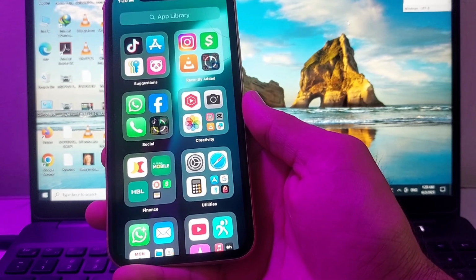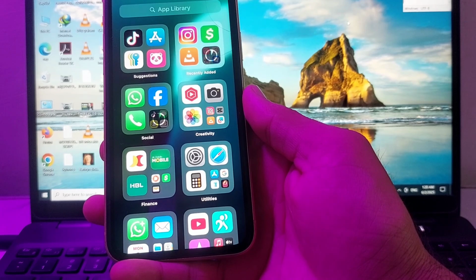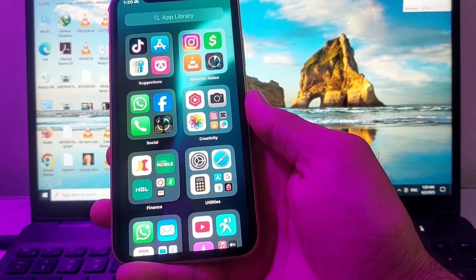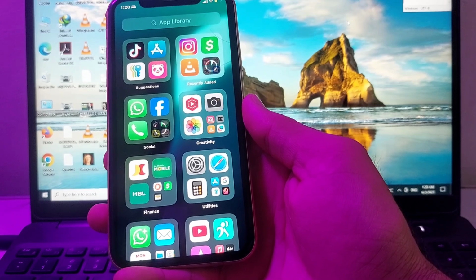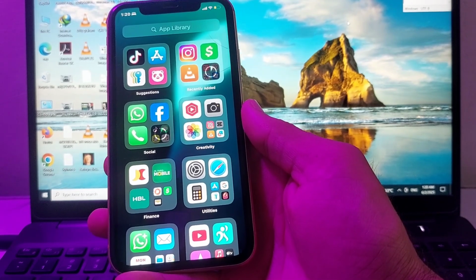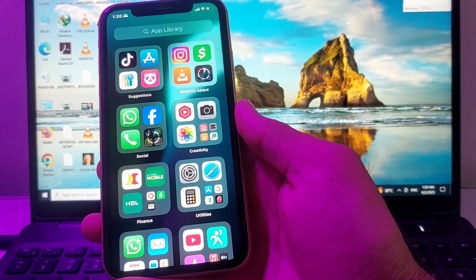So first of all, make sure that your device is compatible with the Apple Intelligence feature, because just iPhone 15 or later models support the Apple Intelligence feature. Make sure that your device is compatible with this feature. So if your device is compatible with Apple Intelligence and still the feature is not showing on your iPhone,